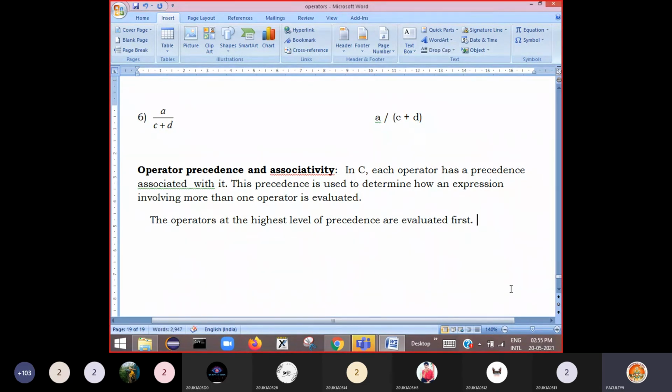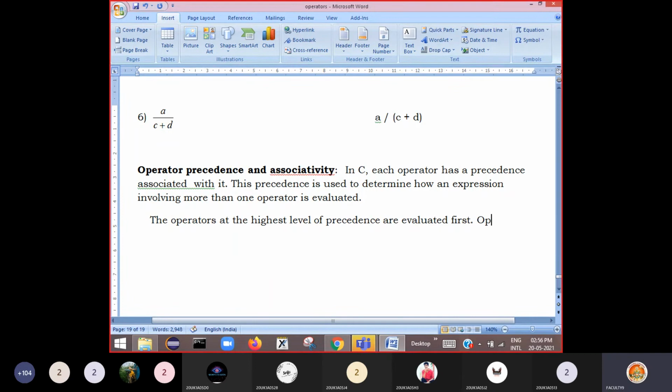In such a case, the word associativity comes into the picture. When there are same precedence operators, we use associativity. The compiler uses associativity to resolve the ambiguity.